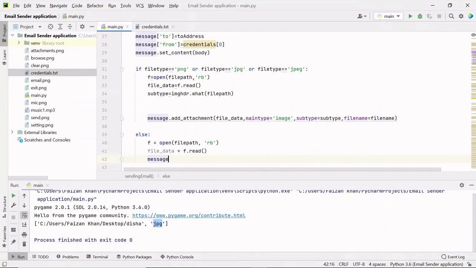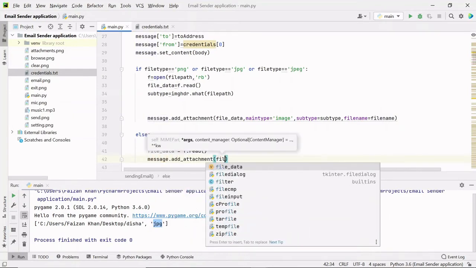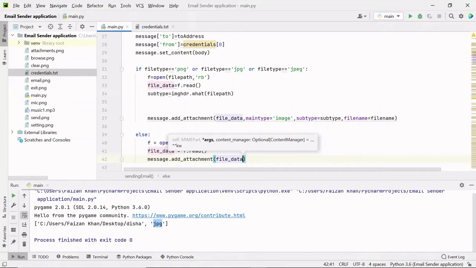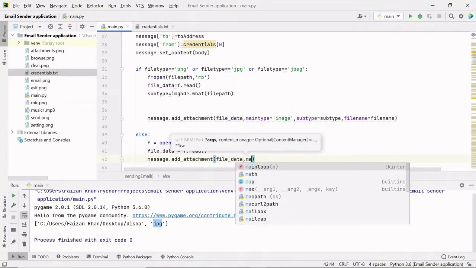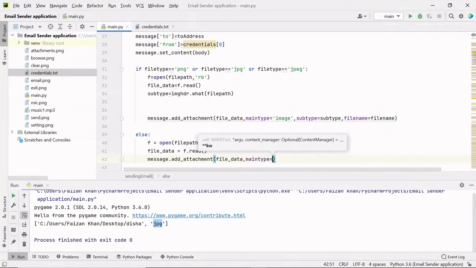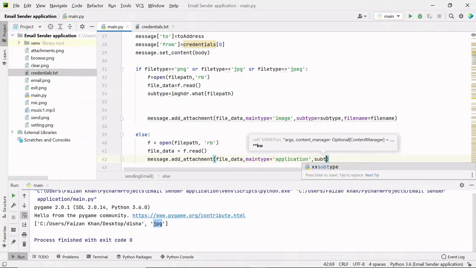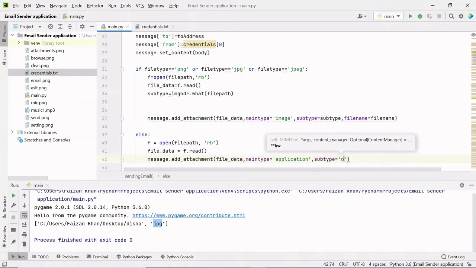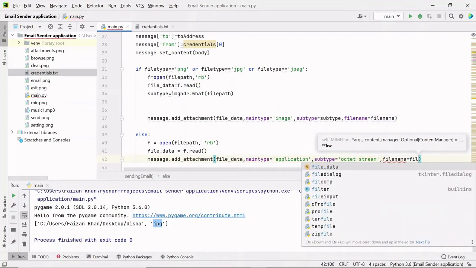So I'll use message object dot add_attachment method, and here firstly we'll pass this file_data variable, this one, and then we'll pass main type. So main type in this case will be application, then subtype will be octet-stream, like this, and at last we'll have to pass the file name, which will be nothing but the same file name.